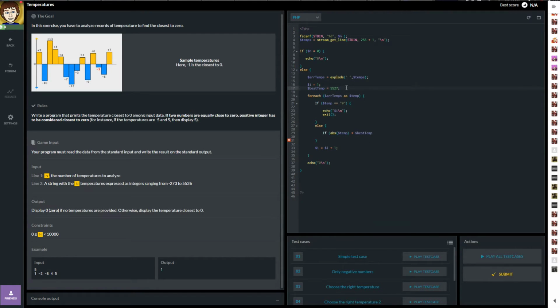So what we need to do is add a new variable, let's call it best temp location, and we'll make that equal to 0 to begin with. So if our absolute temperature is less than the current best temperature,